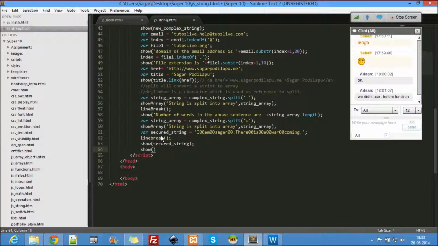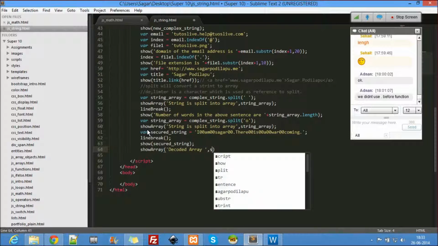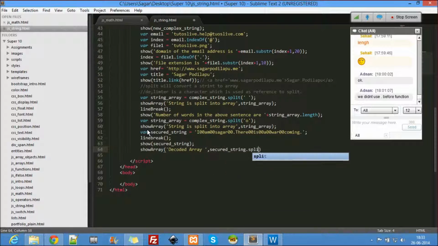Show decoded array, comma, what is that? Secured string dot split.